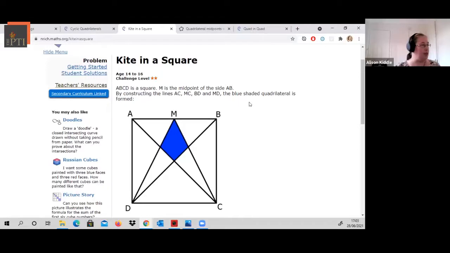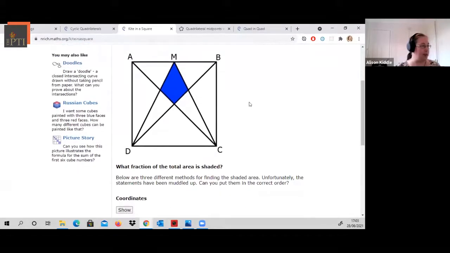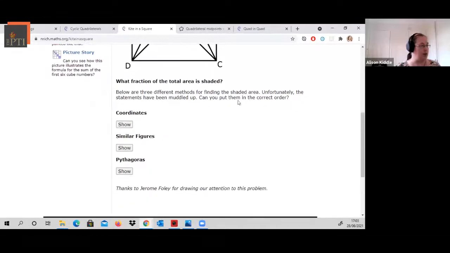It's not immediately straightforward for every student. But in order to offer a little bit of scaffolding, once students have had a go at the problem, we invite them to think of 3 different proof methods. And this is a proof sorter activity. So the steps of the proof are in a muddled up order, and it's a sense making activity. Can you look at somebody else's proof with the steps in the wrong order